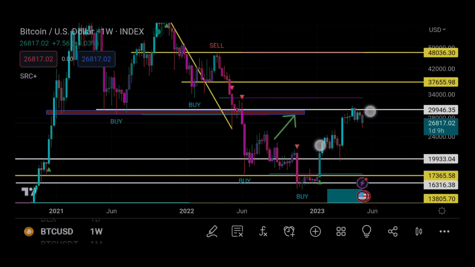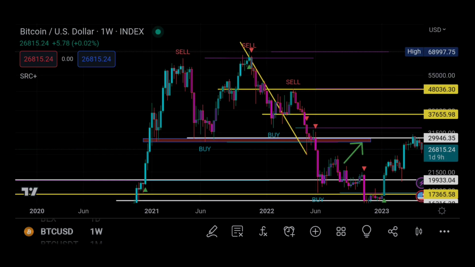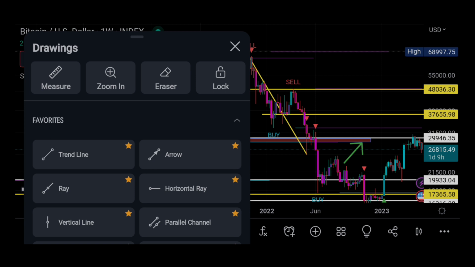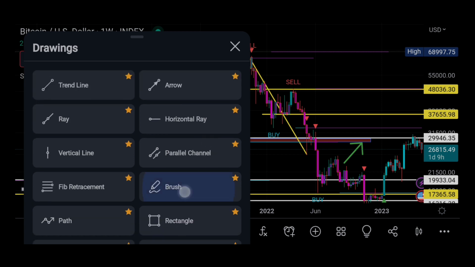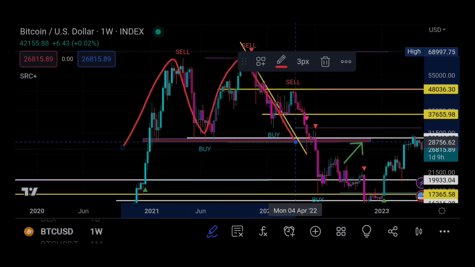I want you to go back to the previous history of the chart so you can see the pointers. If you look carefully, what you will notice is, I'm just going to use the pen tool, give me a second, let me get a brush. So if you just look at this, we did this pattern. We had this M pattern.